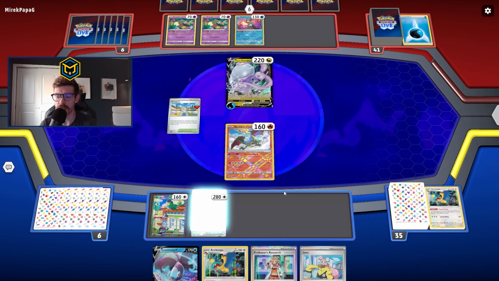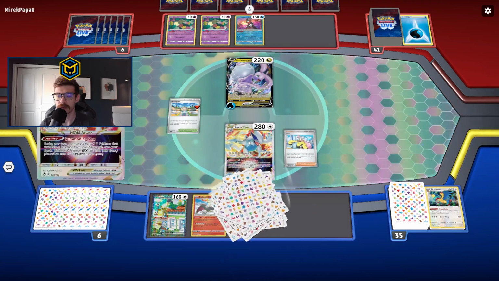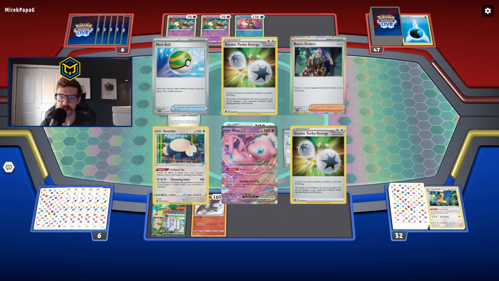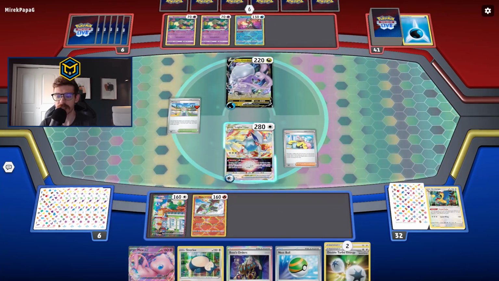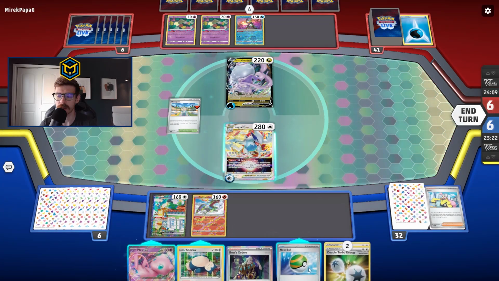Go ahead and Jet Energy that boy up. I think we go ahead and Iono. Actually, probably that's a mistake. Yeah, that's a mistake. I should wait. Not that it matters, because I'm not going to... Let's get a second